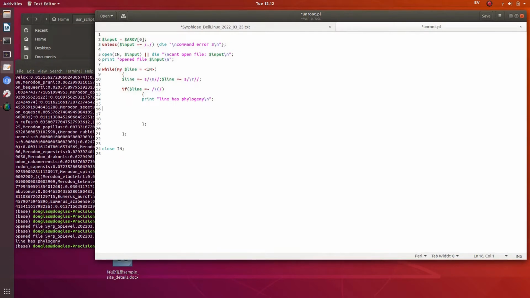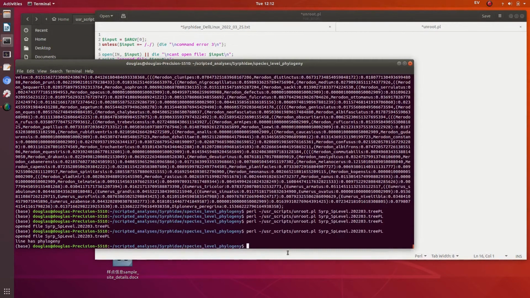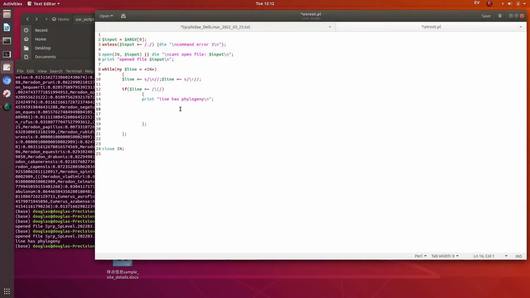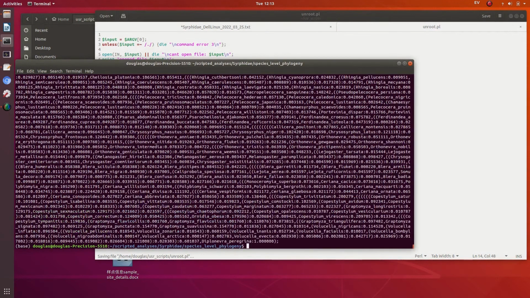Now I want to unroot this. So let's maybe just print the line, which will contain the tree. And we want to, as I say, remove, I think this will unroot the tree if we remove this branch length here, and